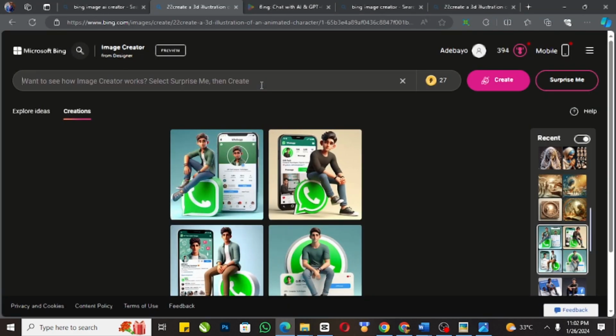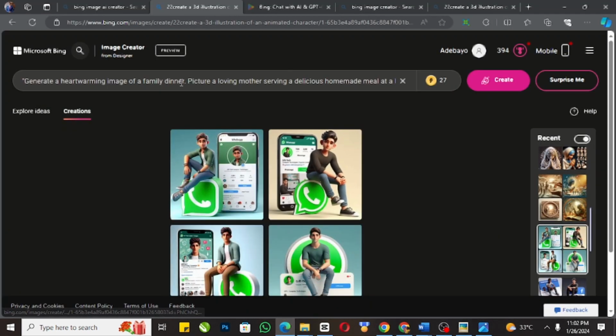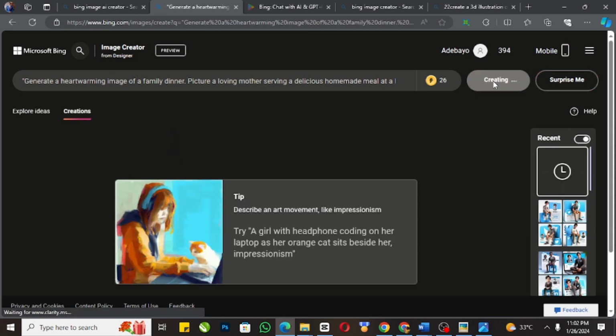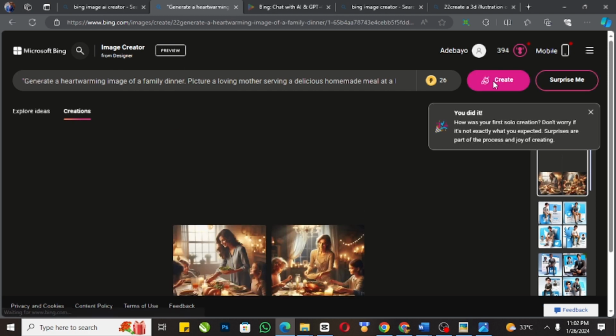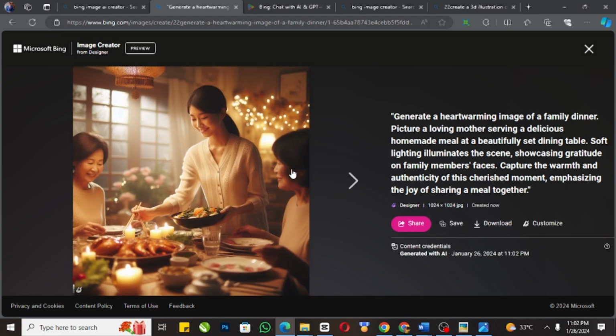Just paste your content here. Does it carry everything? Let me check. Together is the last word. Okay, it carries everything. Now we are going to click on enter to generate this, and let's see. Wonderful. I want to show you that you can generate more than social media images. You can generate any other images on this Bing AI. That is why I went ahead to generate a prompt, and let's see the results that this AI is going to give us. Wow, we can see this amazing image that was just generated for us,